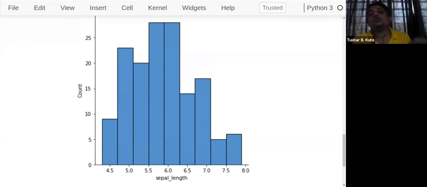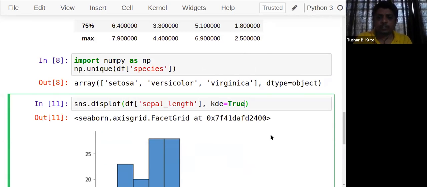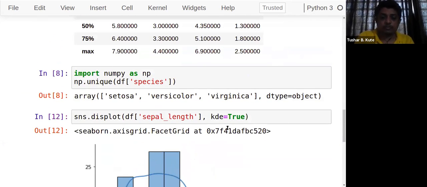It is a way to estimate the probability density function. Those who know the probability density function for a continuous variable, if you want to see this, we can use the KDE parameter here. It is used for non-parametric analysis. Setting the histogram flag to false will show only the KDE plot, and if you make KDE equal to true, it will show the kernel density estimation there. Okay, so I'll make KDE true, or I'll make hist false. Sorry, just a minute. I'll make hist false first.